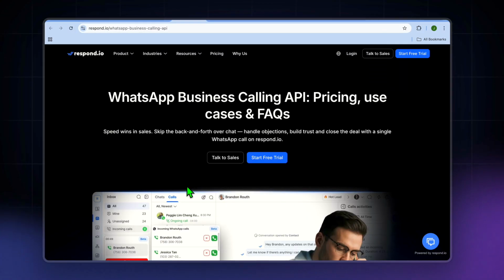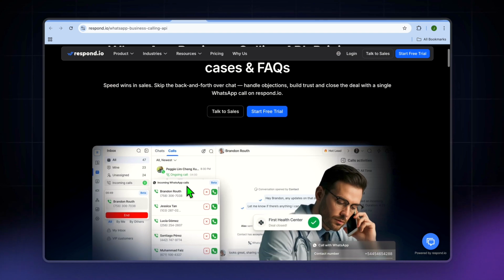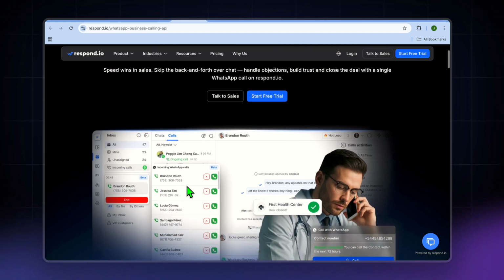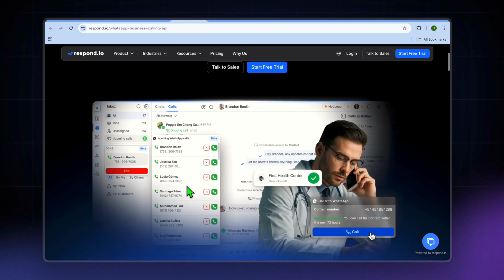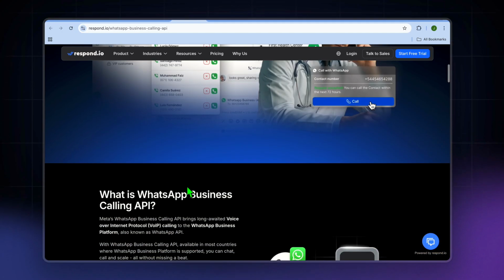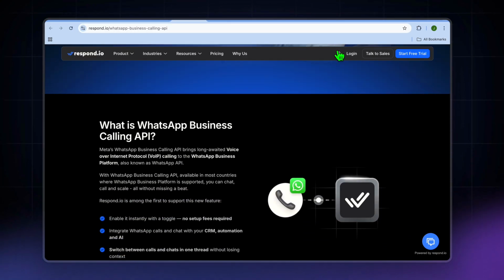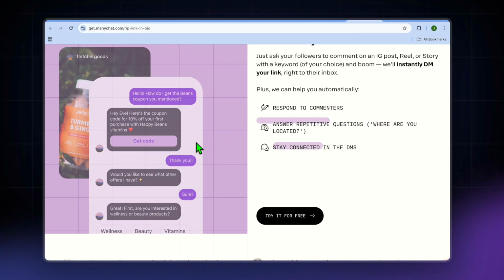Now let's talk about WhatsApp for sales and support. This depends on your business model, but in practice, if you need team routing, multiple agents, conversation assignment, and structured follow-up, Respond.io tends to be the better option. If you need simple WhatsApp automation and your main goal is marketing style flows, ManyChat can still work well.